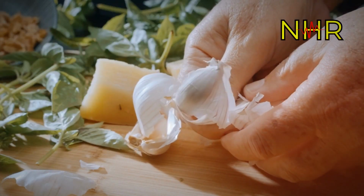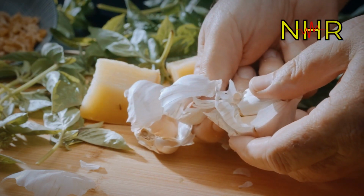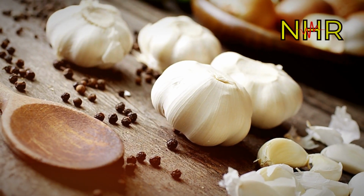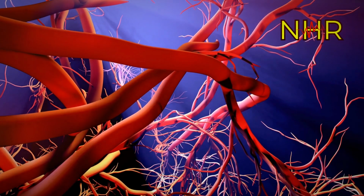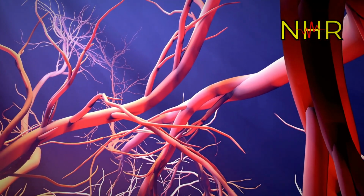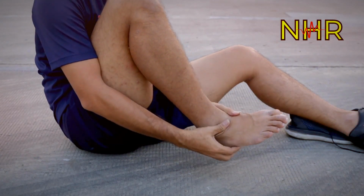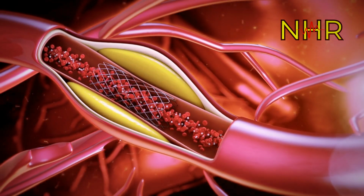Garlic. Garlic is famous for more than just warding off colds. It's also one of the most potent foods for improving circulation. The key? Allicin, a sulfur compound found in garlic that naturally relaxes and expands your blood vessels. This process, called vasodilation, makes it easier for blood to travel to your legs and feet, reducing that heavy, sluggish feeling. In fact, studies show that regular garlic consumption can help reduce blood pressure and keep your arteries free from